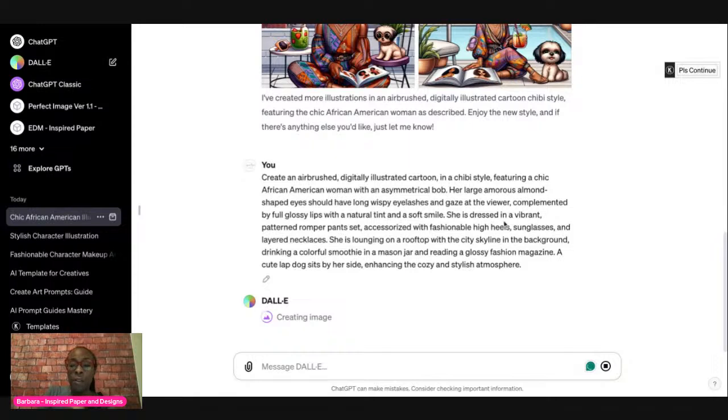She is dressed in a vibrant, patterned romper pants set, accessorized with fashionable high heels, sunglasses, and layered necklaces. She is lounging on a rooftop with the city skyline in the background, drinking a colorful smoothie in a mason jar and reading a glossy fashion magazine. A cute lap dog sits by her side, enhancing the cozy and stylish atmosphere. So that's what ChatGPT came up with. So let's see what it produces.